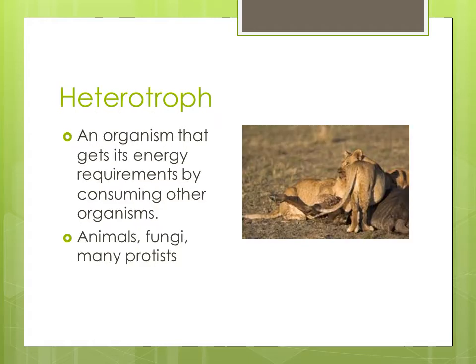The next category we're going to talk about, as opposed to autotrophs, are heterotrophs. Hetero means different or other than, and troph, again, this level. So hetero means eating something other than yourself, or getting food from the other. They're getting their energy source from another organism. So a heterotroph is an organism that gets its energy requirements by consuming another organism. Animals can eat plants, or other animals, or fungi, or bacteria. Fungi can also break down dead material, and there are many protists.